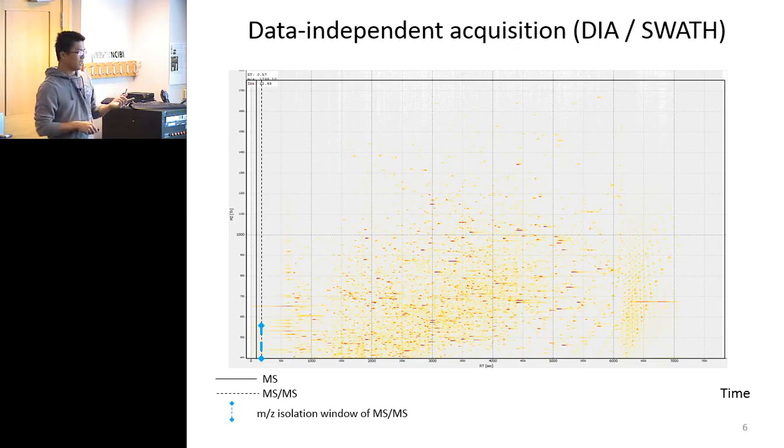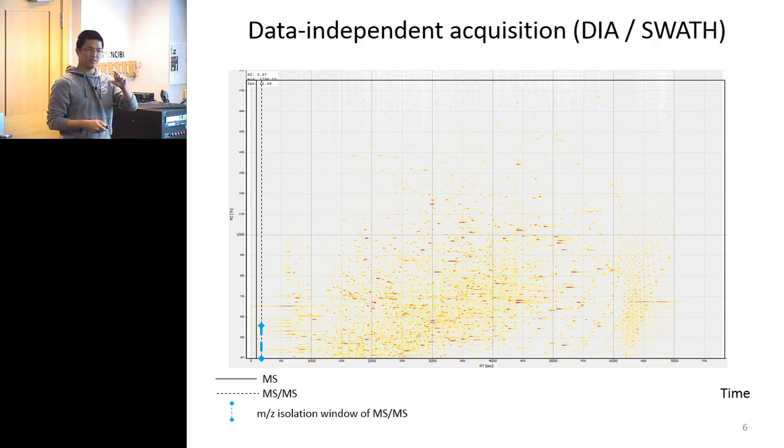But here, they use a wider window, for example 10 Dalton or 20 Dalton, to allow a wider range of molecules to go through the chamber that we just talked about, and fragment all the possible analytes